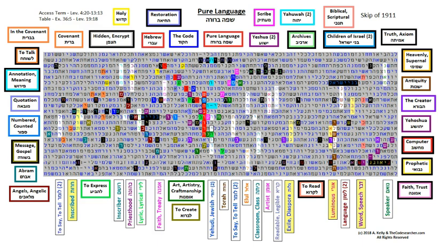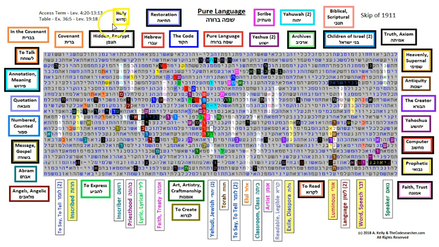Today we're going to focus on a Bible code called Pure Language. This Bible code is found in Exodus 36 to Leviticus 19, but the access term itself, in the red here, going vertical, is Pure Language, and it's found just within Leviticus 4 to 13.